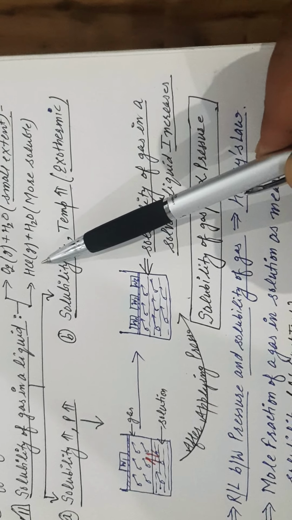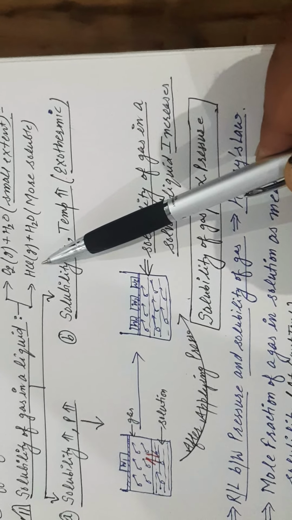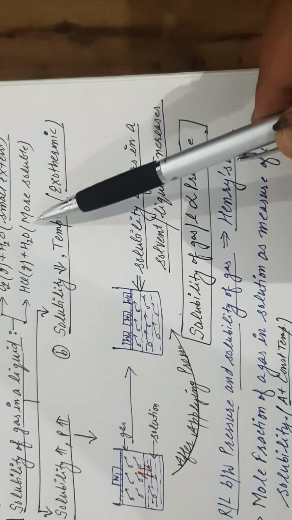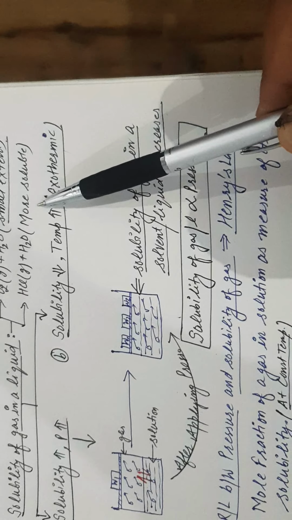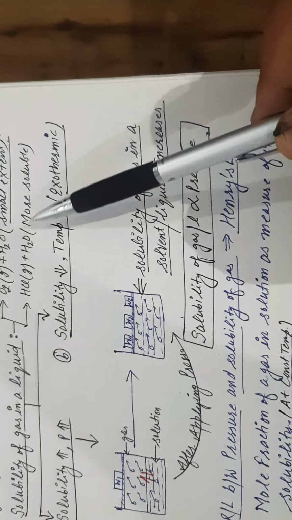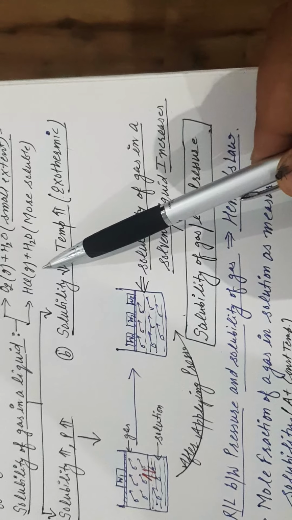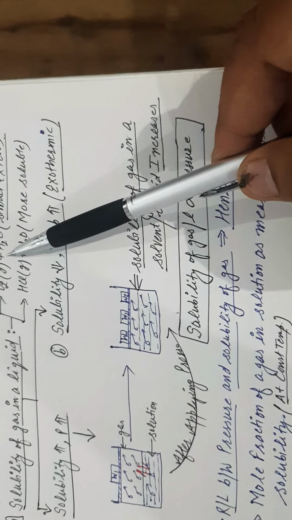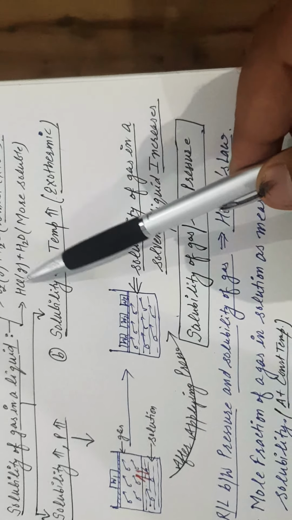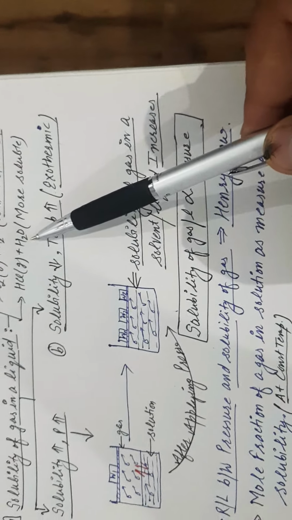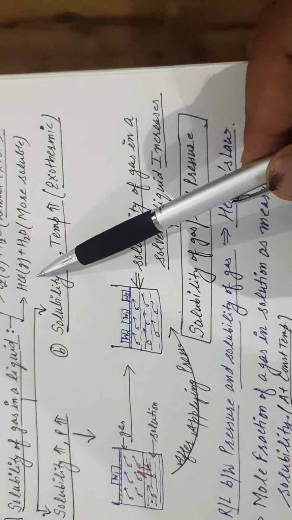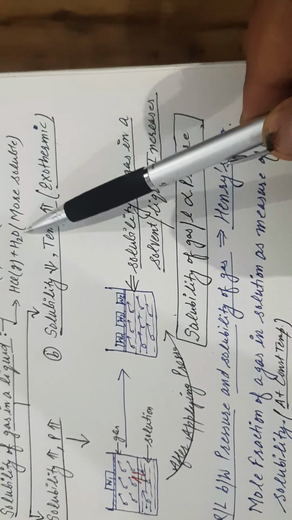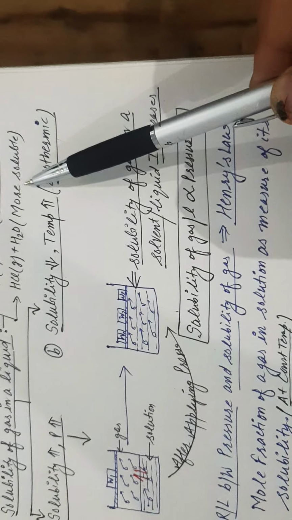Second one is hydrogen chloride gas dissolved in water. They have more solubility, as HCl is a polar gas. So there is a difference between the two. Oxygen is a non-polar gas dissolved in a polar solvent, HCl is a polar gas dissolved in a polar solvent. So HCl, due to its polar nature, has more solubility in water and gives rise to greater interaction.